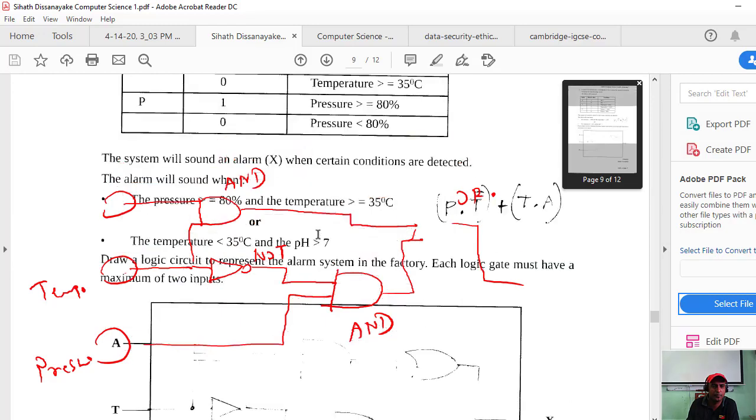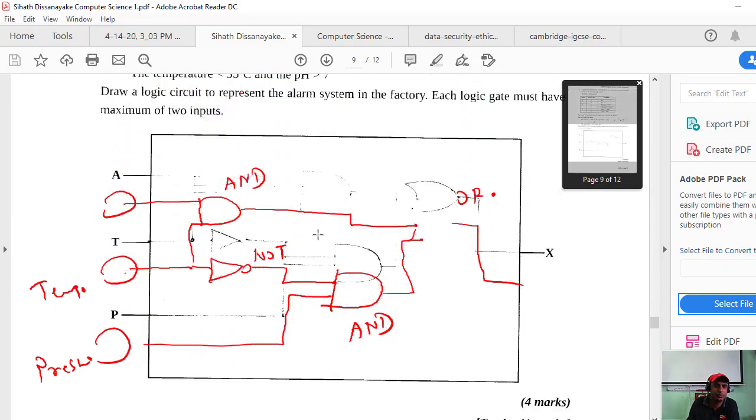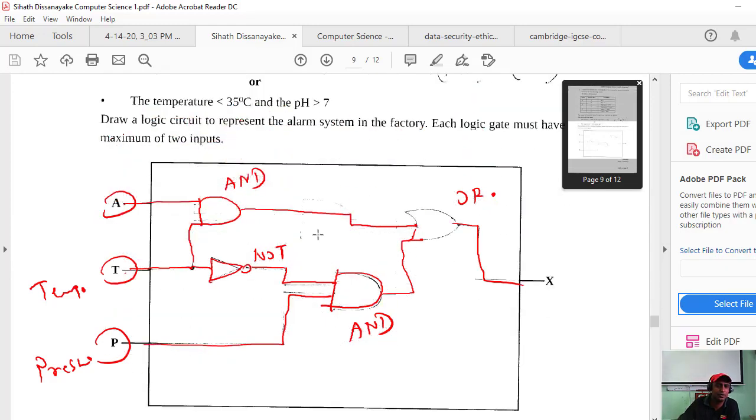Right. This is the pH value. Okay. So pH and temperature. How does it come? We'll see. This is correct.